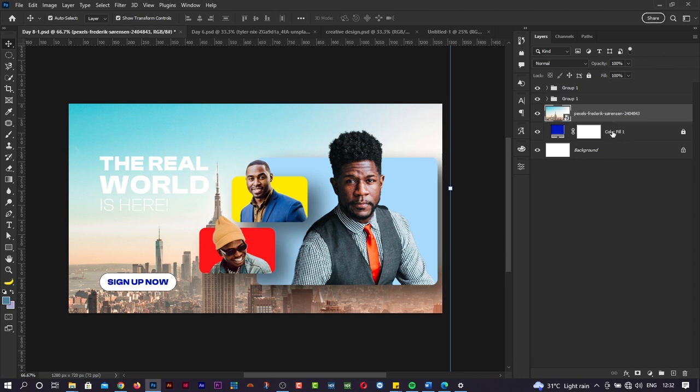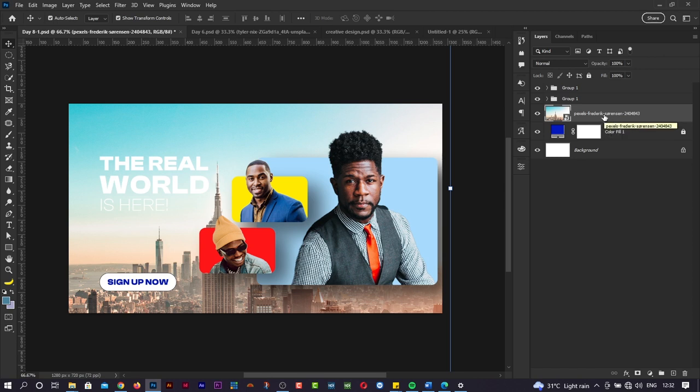So let's say we have these two layers here. We have the layer of this build of this city, and now we have the layer of this solid color here. So we want to apply a blend mode to this layer that's going to examine the pixels and the colors underneath it, okay? When we apply a blend mode to it, it's going to mix this layer with this other layer down here in different ways depending on the blend mode you